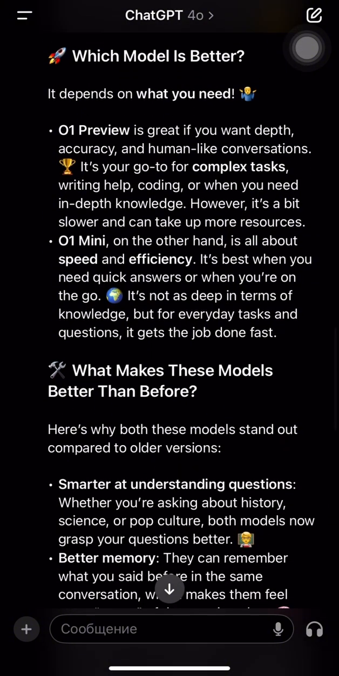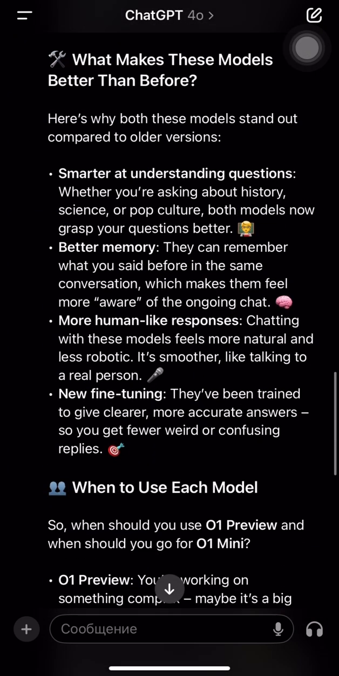Which model is better? It depends on what you need. O1 Preview is great if you want depth, accuracy, and human-like conversations. It's your go-to for complex tasks, writing help, coding, or when you need in-depth knowledge. However, it's a bit slower and can take up more resources. O1 Mini, on the other hand, is all about speed and efficiency. It's best when you need quick answers or when you're on the go. It's not as deep in terms of knowledge, but for everyday tasks and questions, it gets the job done fast. And to be honest, I don't know what the message cap is for O1 Mini. I guess it should be